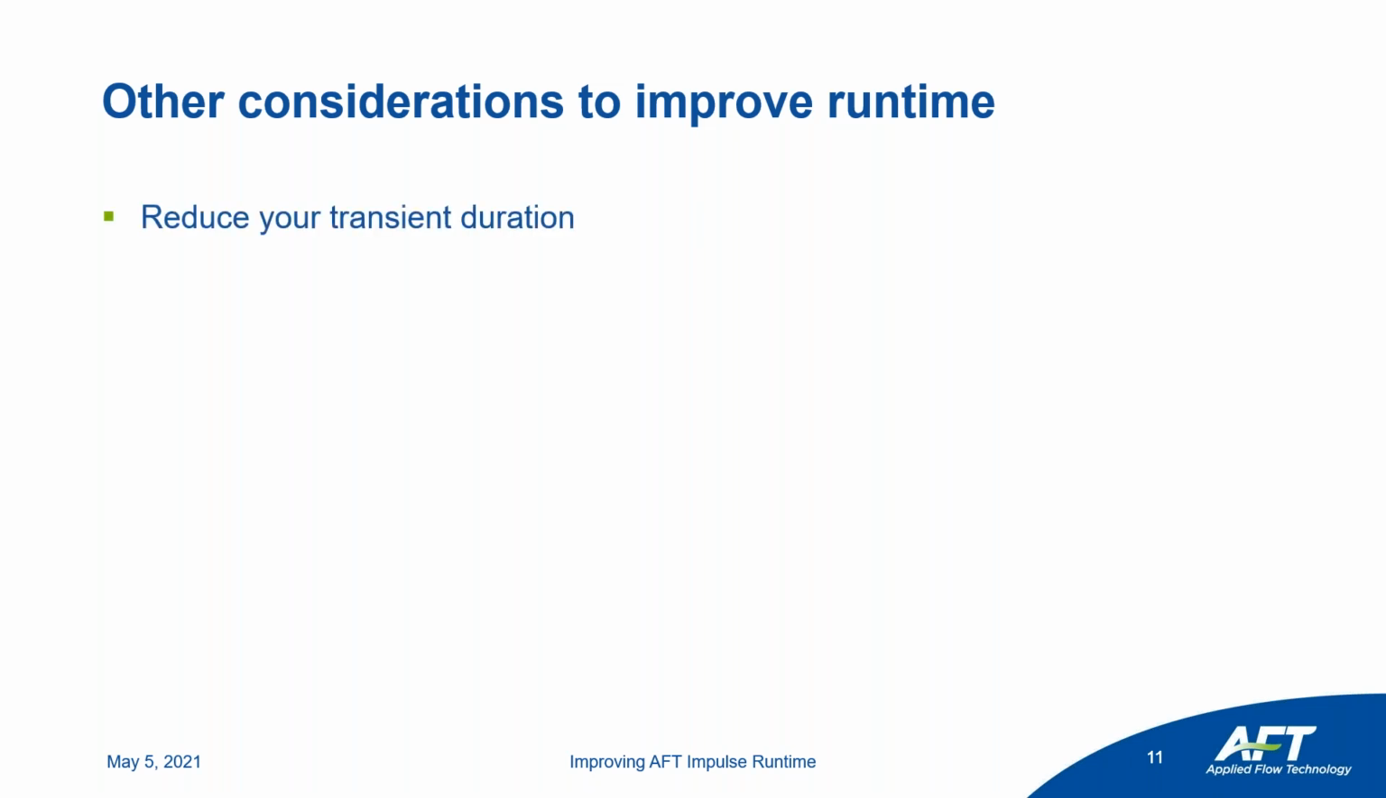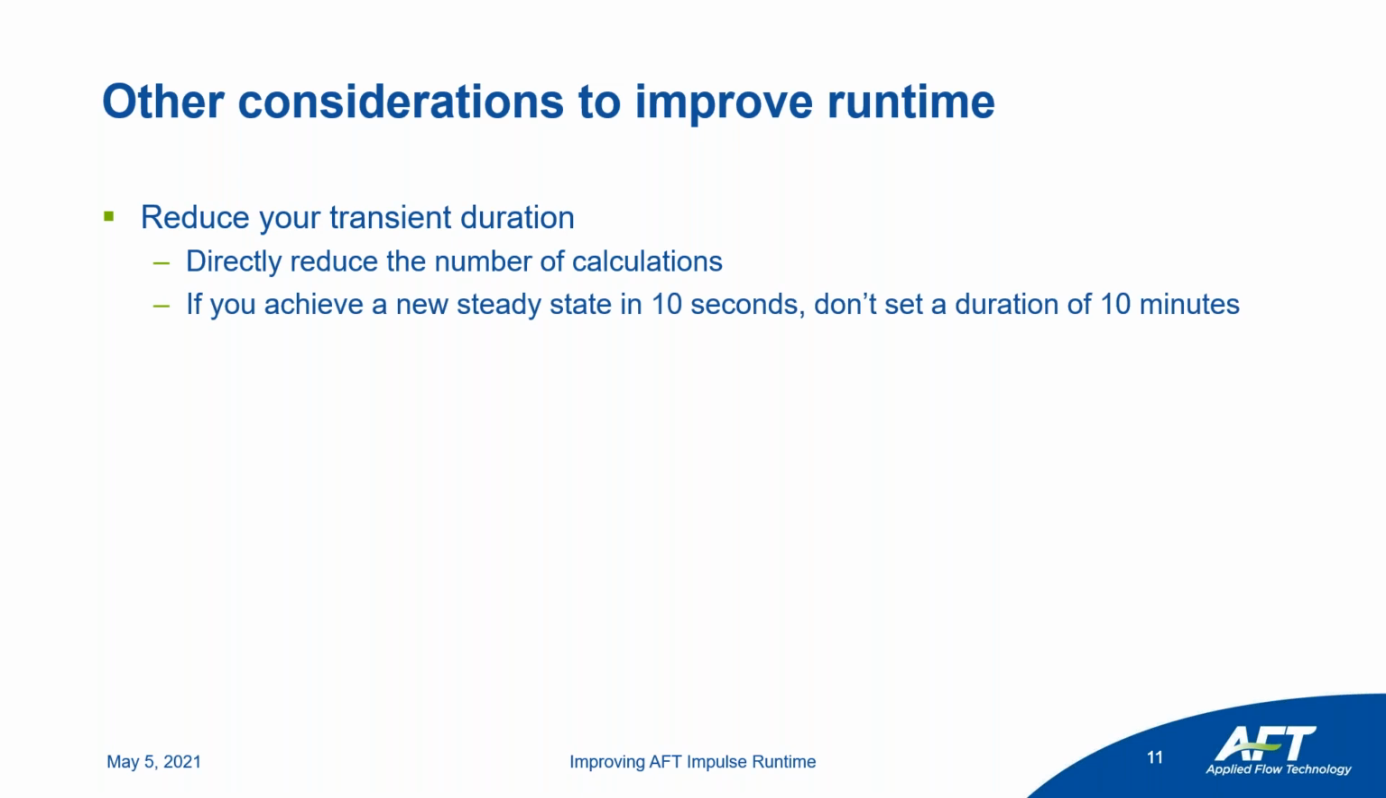The first example is reducing your transient duration. The transient duration is if I close this valve over 5 seconds, I want to see the results through 30 seconds. By reducing that transient duration, you're going to directly reduce the number of calculations you do, thus directly reducing your runtime. If, for example, you're achieving a new steady state within 10 seconds, it's not ideal to set